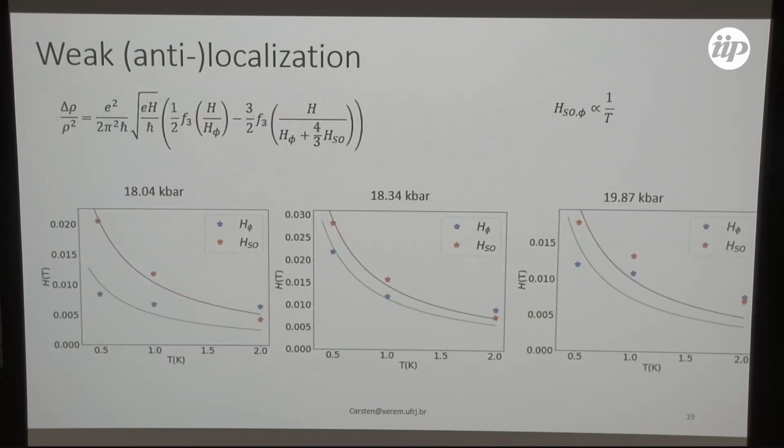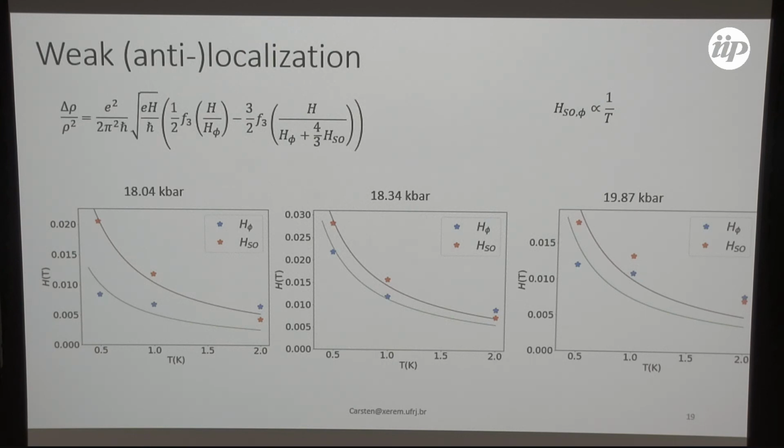And when you see how they behave with temperature, you would expect them to fall off with 1 over T. That is not the case so much, maybe a little bit, but we do not know yet exactly if that is a dependency that we would actually expect. So yeah,